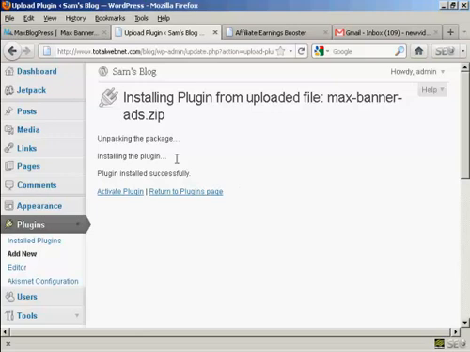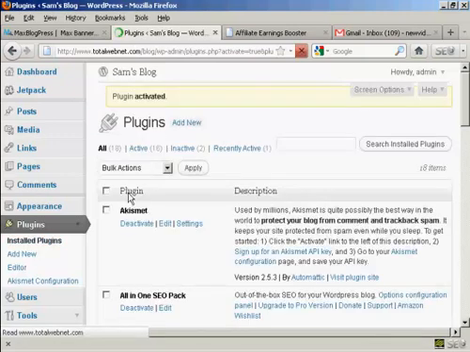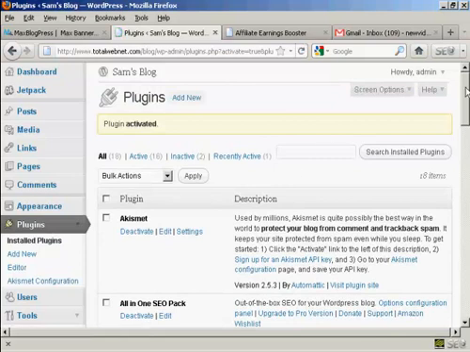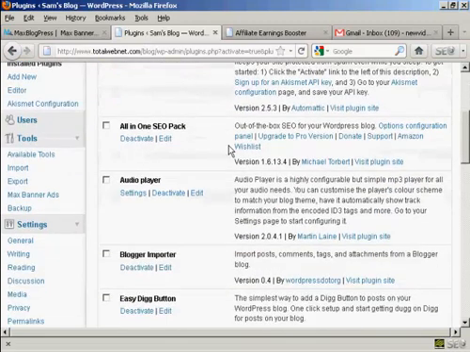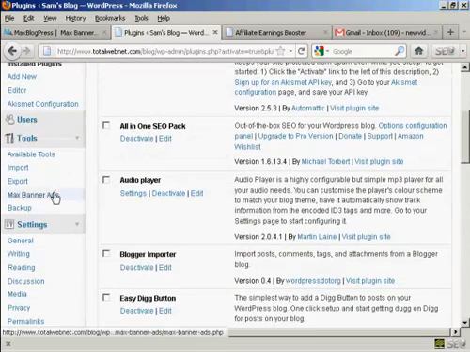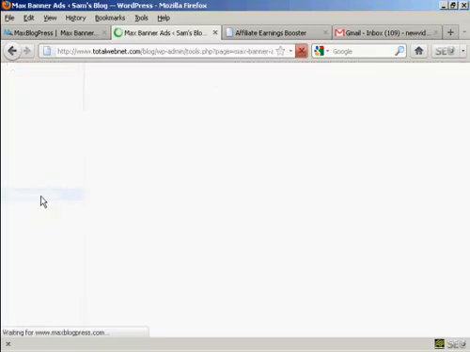So now I click on the link to activate the plugin, and the plugin is activated. Before you can use it though, it has to be registered. I'm using the free version. There's free and paid versions, but obviously with the free version there's no charge to register it. So to do that, come over here to where it says Tools, and you'll notice that it's added this new link in here, Max Banner Ads. So we're going to click on that,